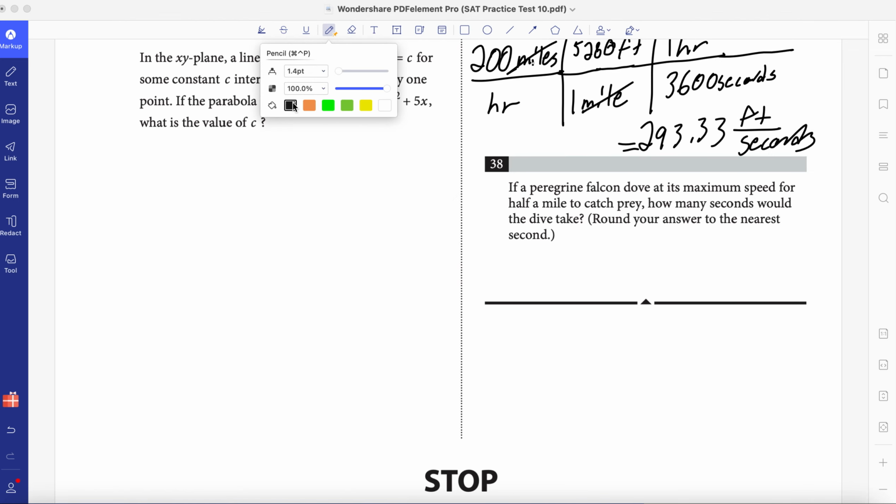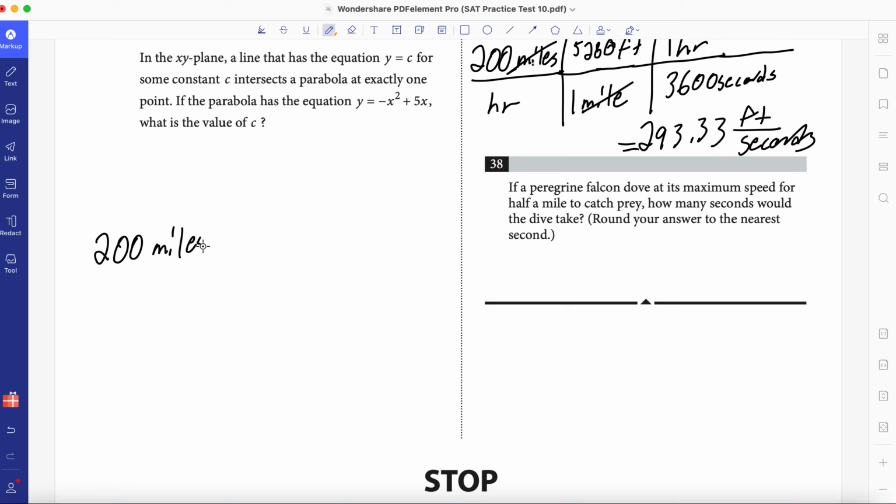So I know that we go at a speed of 200 miles per hour, and if I want to find how much distance I travel in half a mile, or how many hours